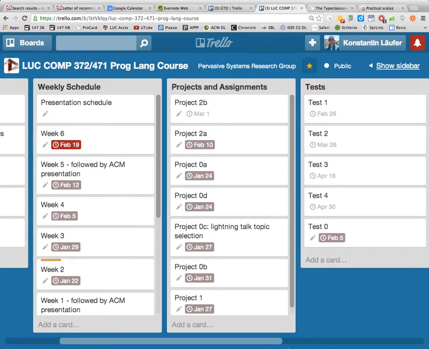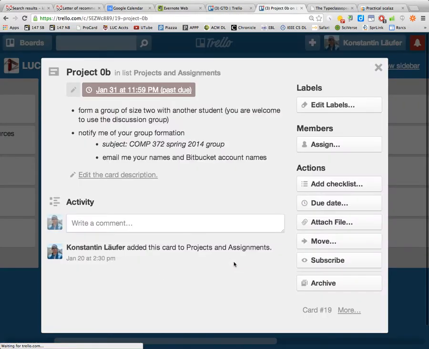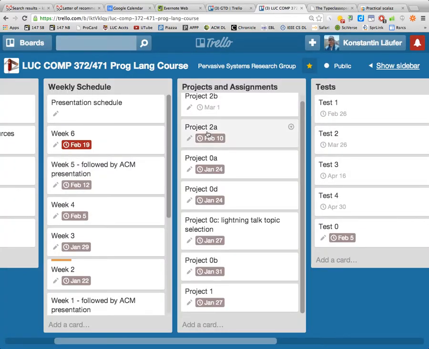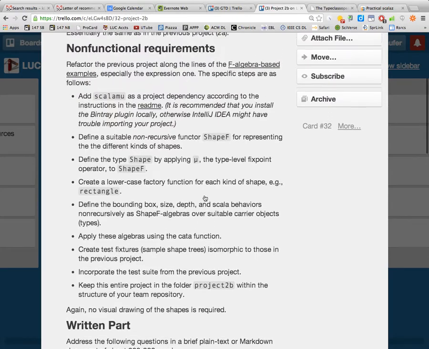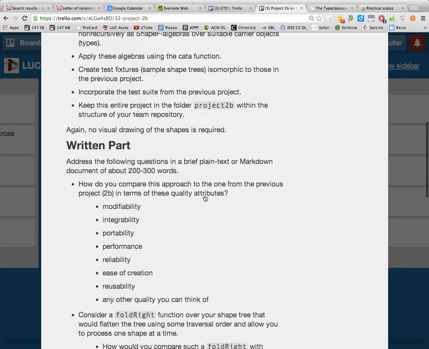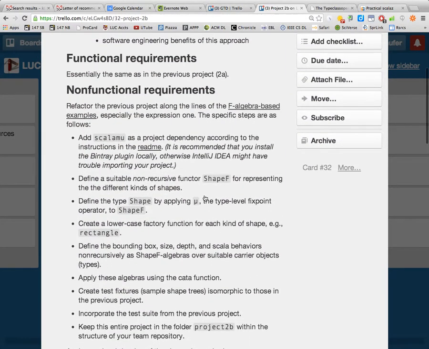So per these instructions here, it's not on the instructions yet, but the repository name should be CS,